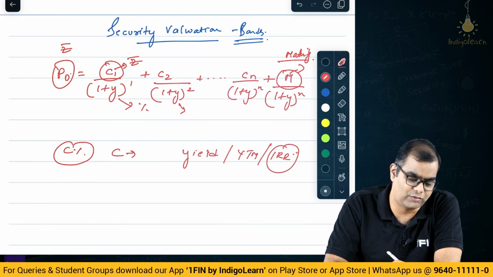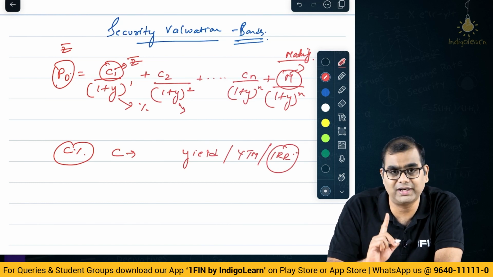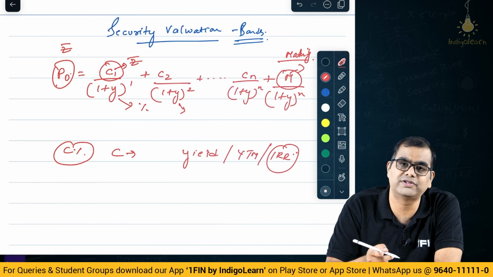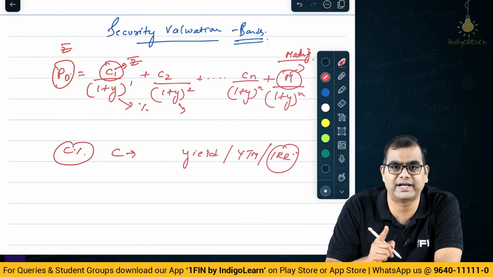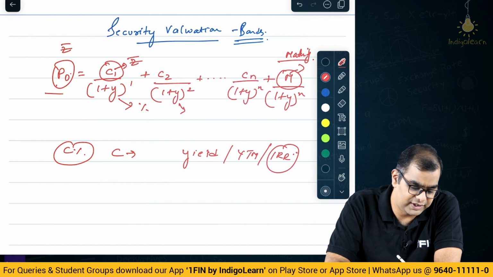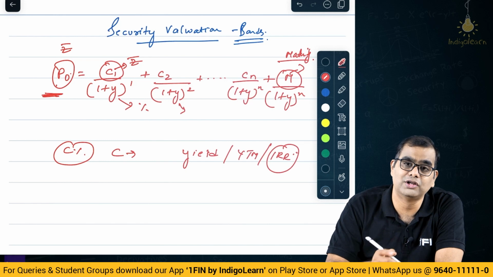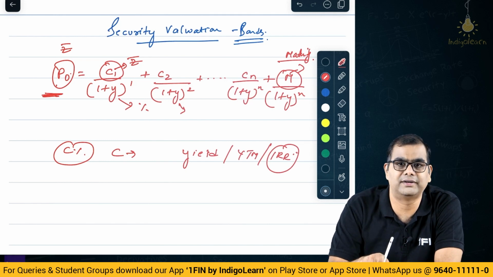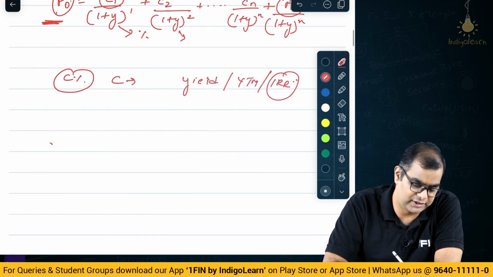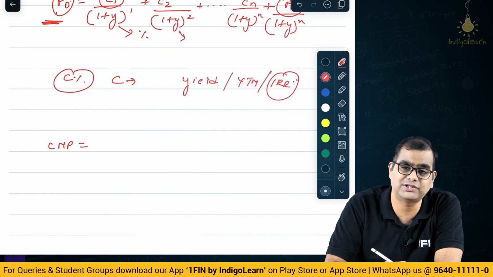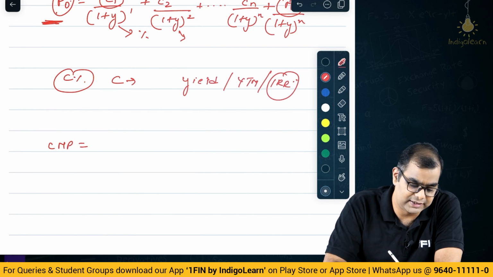If this is the IRR, what is the price? See, the typical IRR formula is the rate at which the present value of all cash inflows and cash outflows match each other. Present values match. But here we are saying something called a price. So price is something that is quoted in the market. So taking the market price, if the current market price is known, then